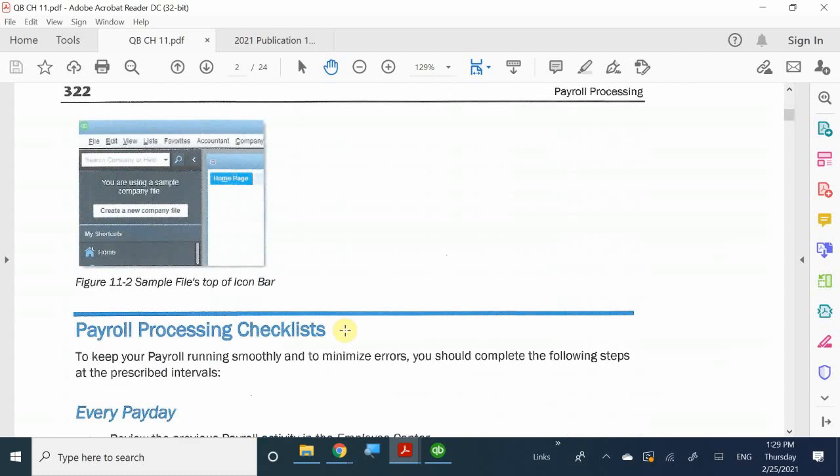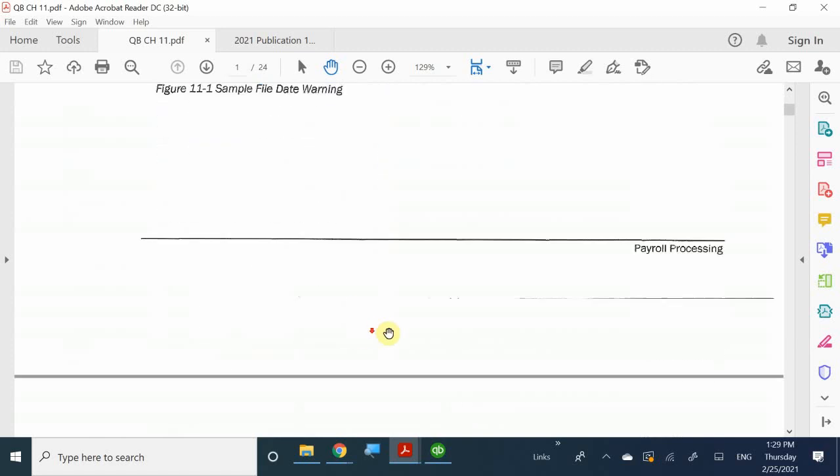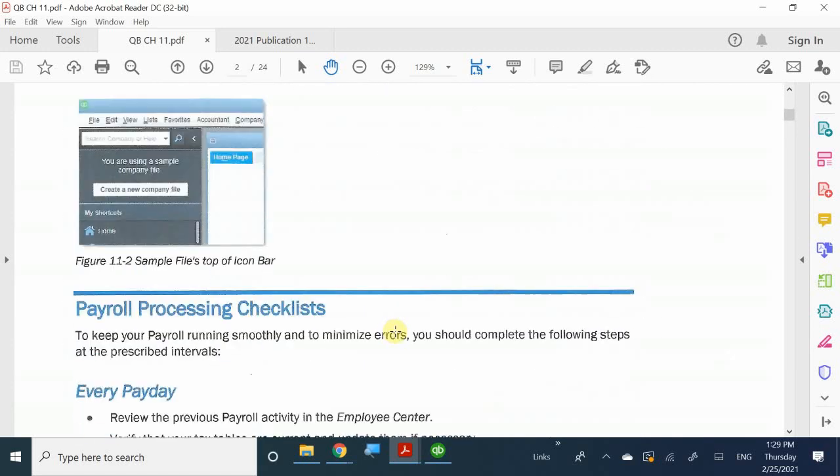Now, of course, payroll basic is usually meant for when you don't have that many employees, maybe anywhere under 10 employees would be perfect for basic. Then as you have more employees and want to utilize the other ones, either enhanced or full service. There are also other features in those different types of services that can make it a lot easier, such as filing forms. We'll mention that in a few minutes,